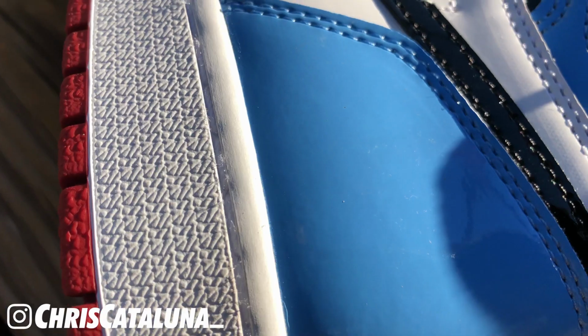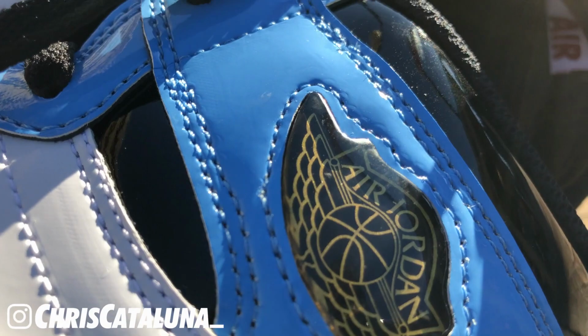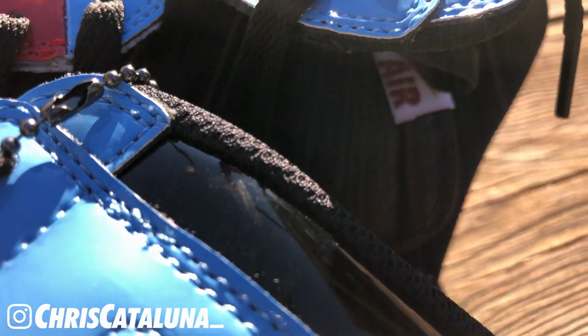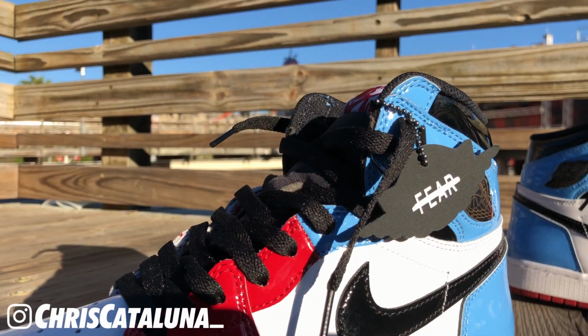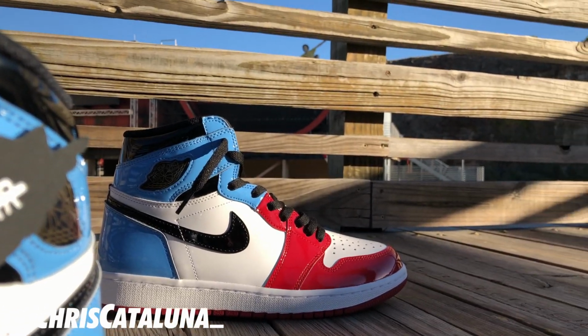Now on this ankle strap, it actually features the Jordan Wings logo, and it is done up in plastic and sewn in, and it also has an outline of the Wings logo done in a gold ink. And I actually like how this Wings logo is done and how it's not your standard stitching or printed-on Wings logo. On the left shoe, on the lateral side, they do provide us with a hang tag with a ball and chain, and it is cut up in that Wings fashion. And then you have the white Fear strike through,